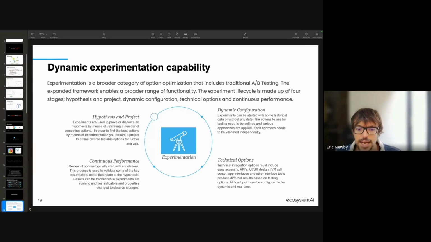And you look at the continuous performance of what's happening. So like we said, in the dynamic case, the experiment itself will track what is performing well, what isn't, and focus on areas where things are performing. But you can also monitor and see what's working well and learn based on that. And then this is a cycle, because if you've tested multiple options, and you can test multiple things at once as well, you can see what worked, what didn't, who was impacted by different things, and refine your hypotheses based on that.